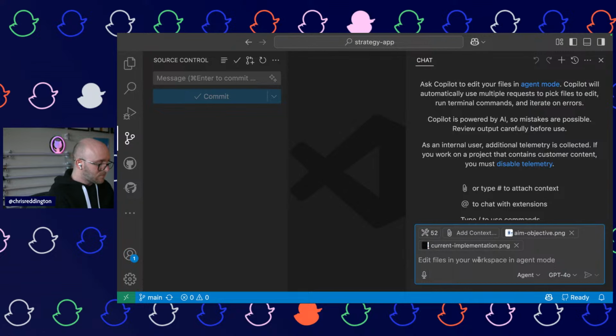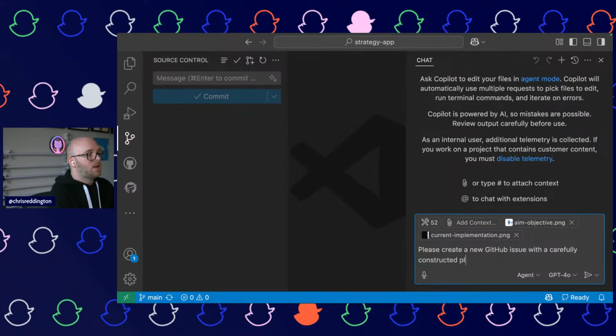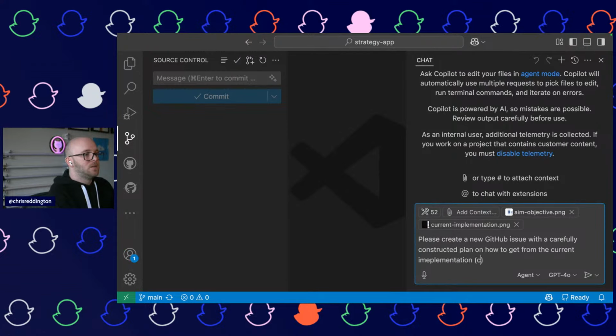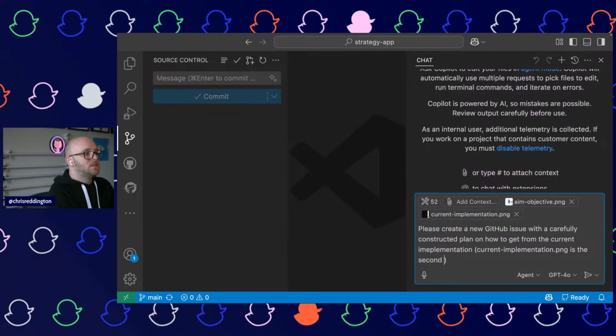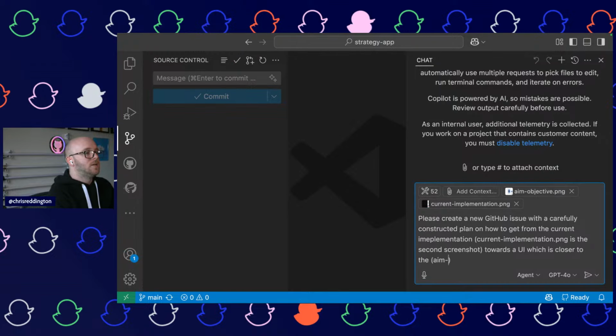Current implementation. Please create a new GitHub issue with a carefully constructed plan on how to get from the current implementation, this is the second screenshot, towards a UI which is closer to the aim objective PNG.